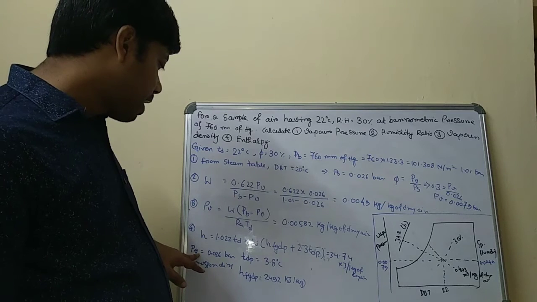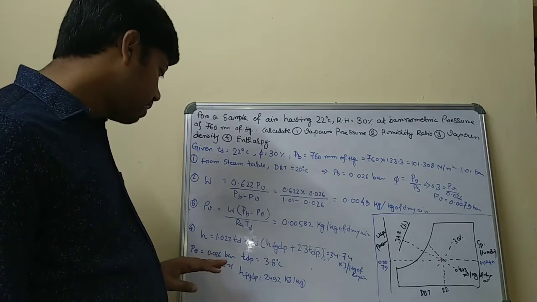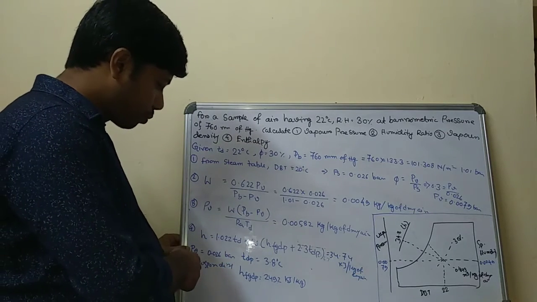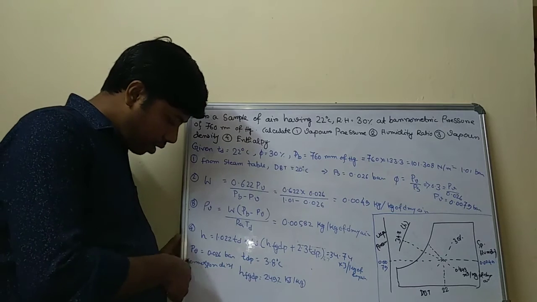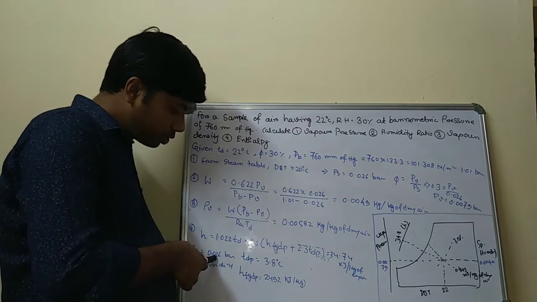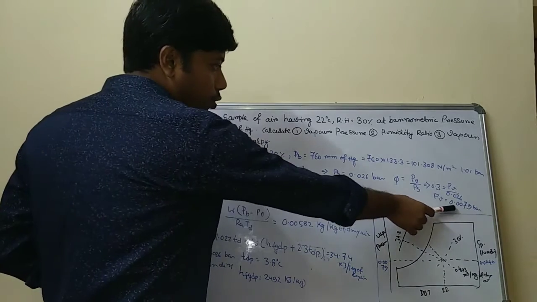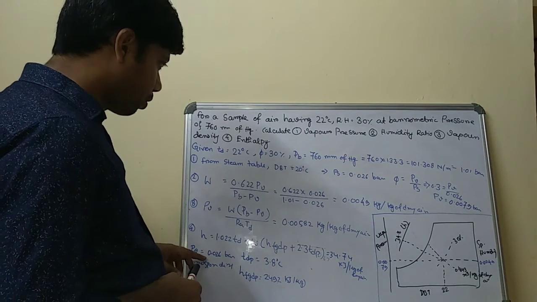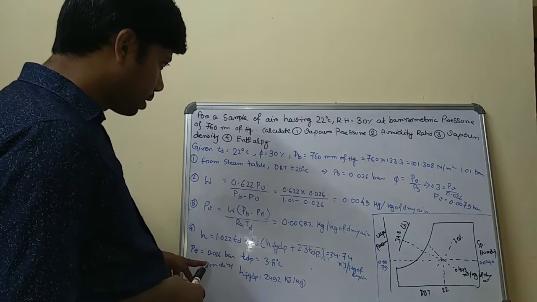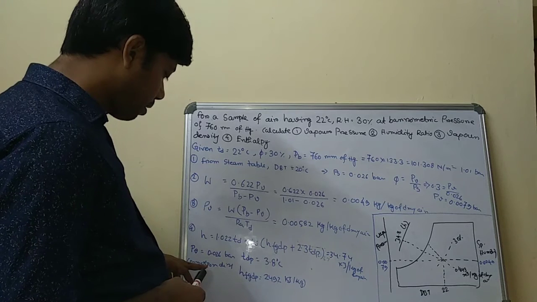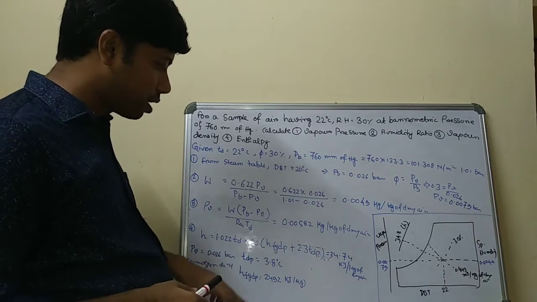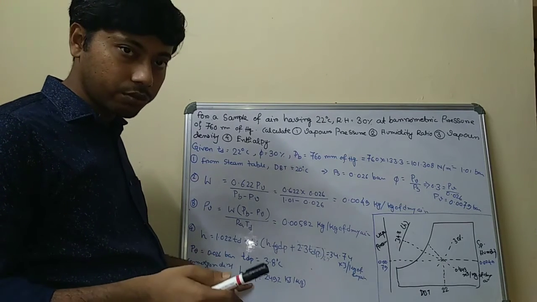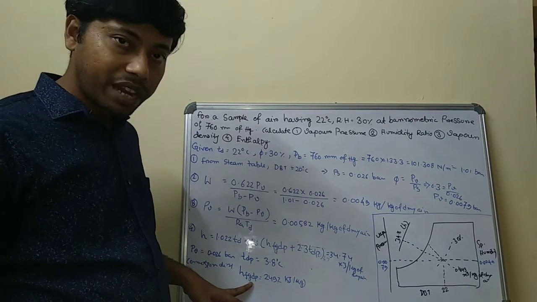As you know, the dew point temperature corresponds to the partial vapor pressure, that is the vapor pressure, which is basically 0.026 bar. So corresponding to this, you can easily calculate the value of TDP as 3.28 degrees Celsius. And from the corresponding 3.28 degrees Celsius, you can get from the saturated water steam table the value of latent heat of vaporization.